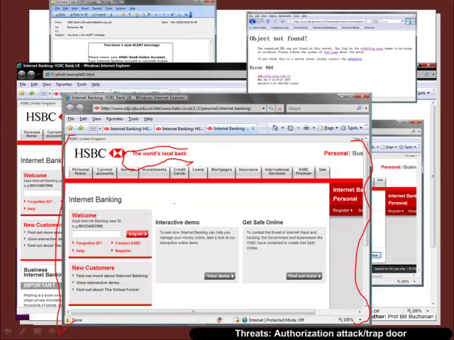Some research done recently on the Torpig botnet identified that there was